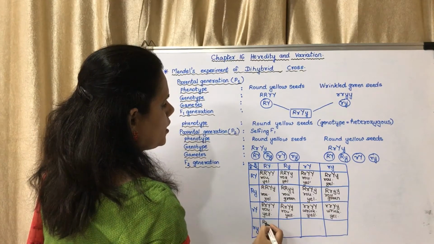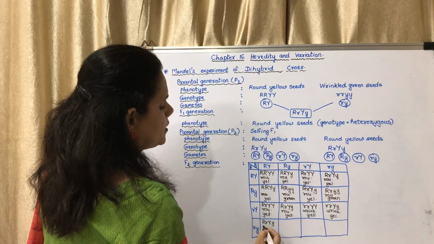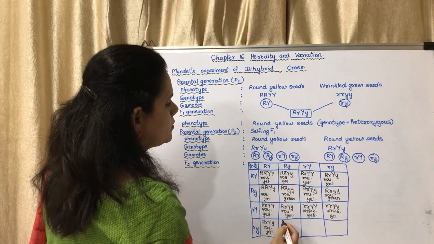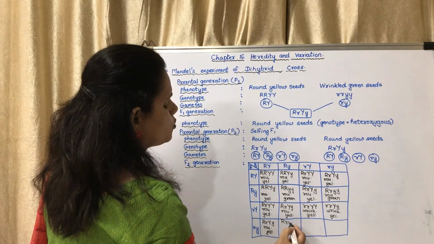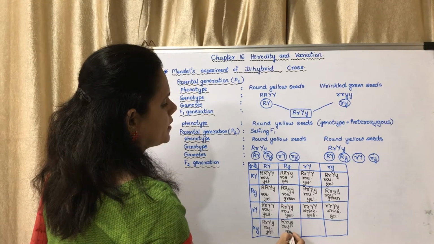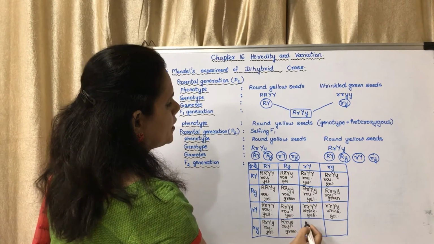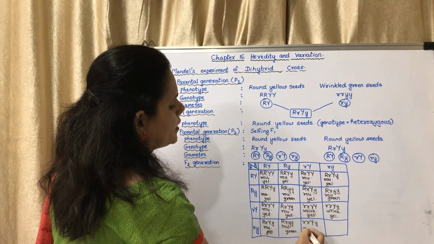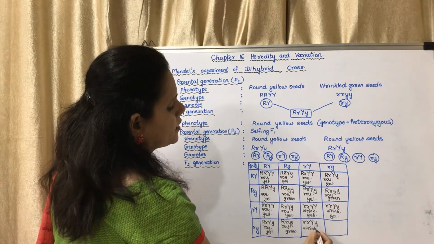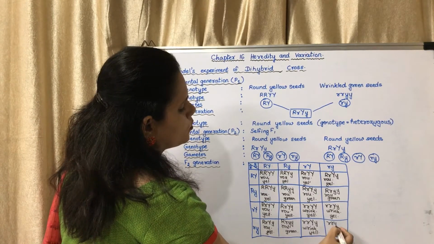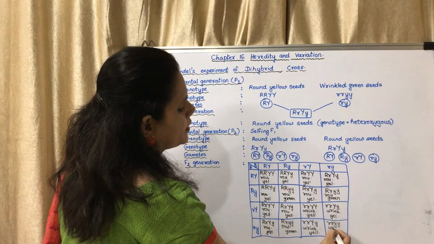Capital R, capital Y, small y. This will be round yellow. Capital R, small y, small y. This will be round green. Small r, capital Y, small y. This will be wrinkled yellow. And small r, small y, small y. This will be wrinkled